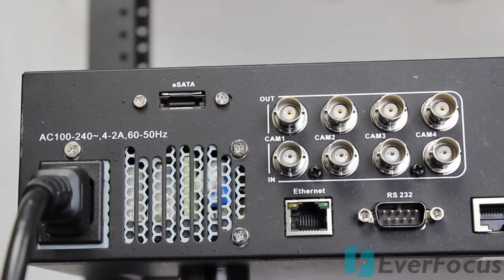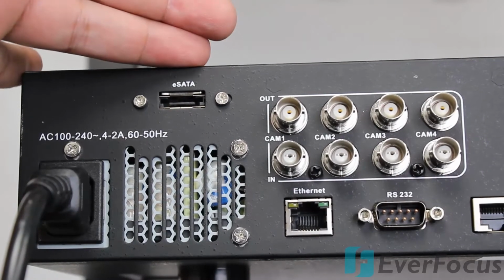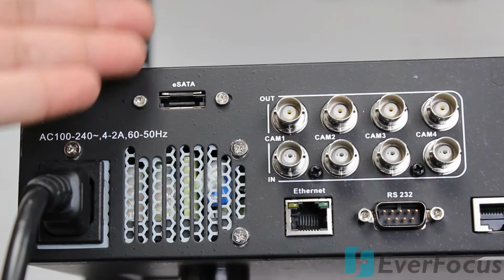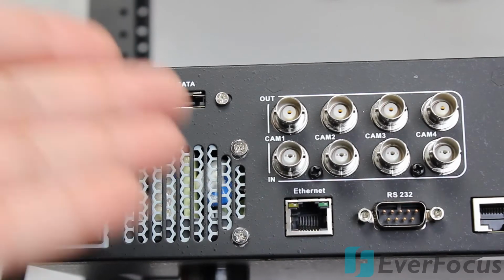Okay, so you got the back of the DVR, you got your power, you got your eSATA. Now, in case you want to, this DVR is available in a 2, a 4, and an 8 terabyte. If you need more than 8, they do have a disk array where you can daisy chain the 2, and that'll give you a lot more storage. Ethernet, your